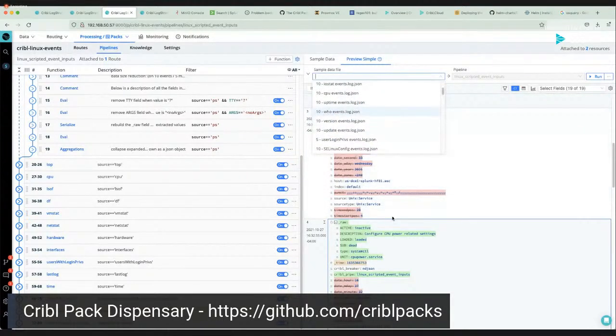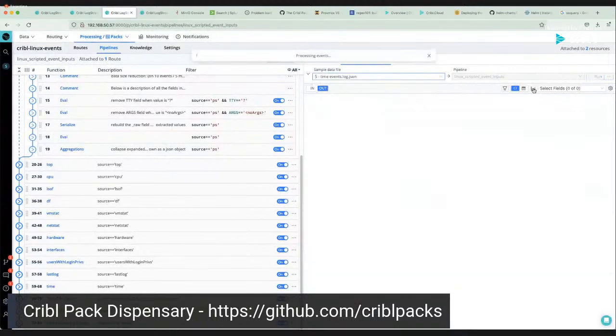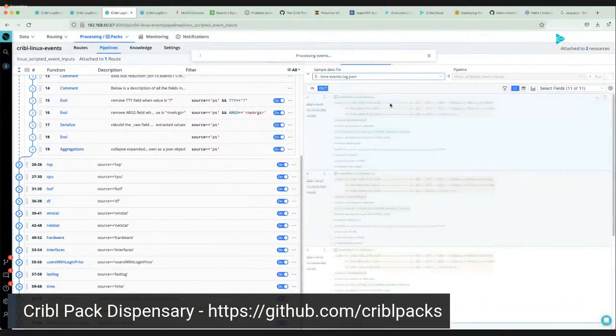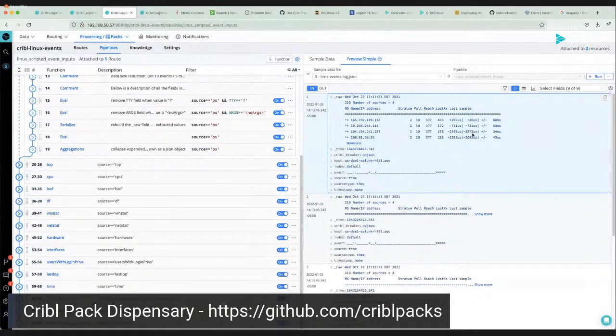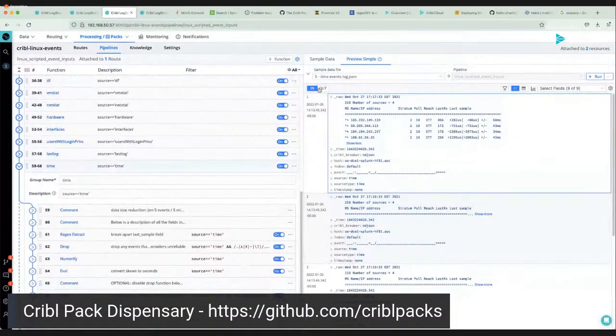So this one I want to call out. I'm not sure how many of you are familiar with time events. Time events in Linux come in as this kind of interesting table format. The reason for the time event is to be able to tell whether the server's system time is off from the local network time. So it reports back from a selection of local time servers and tells you the time skew with the margin of error. And what we've done in the time, I think, is actually quite interesting, where we go through